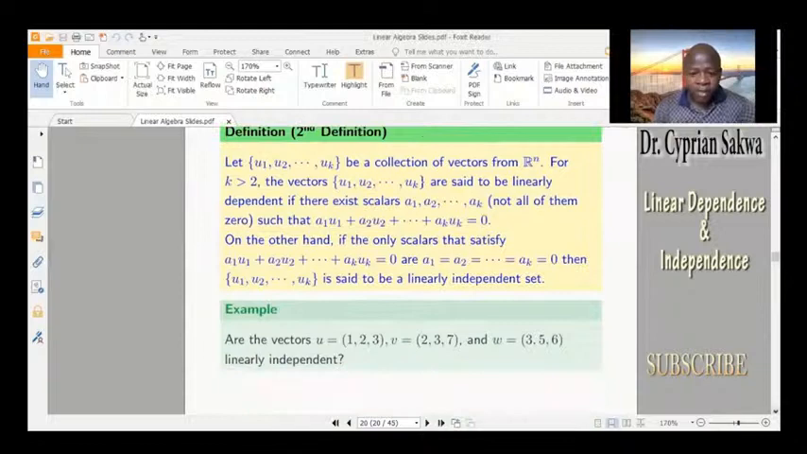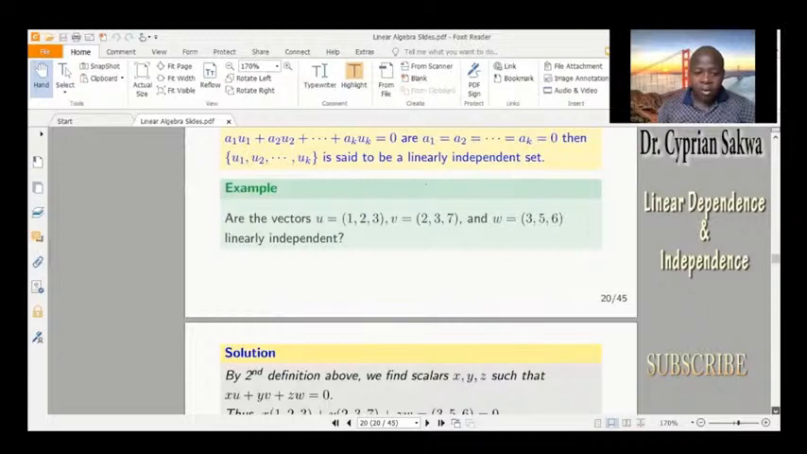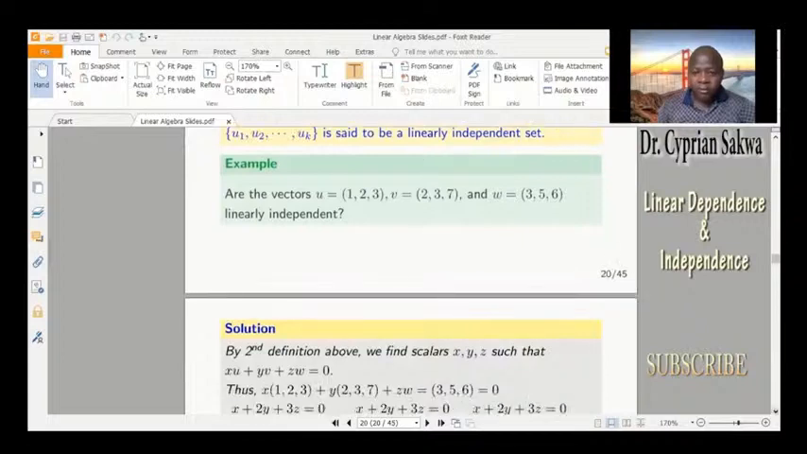So the first example is: are these vectors u, v, and w linearly independent? These three vectors here, are they linearly independent or are they linearly dependent? First of all, I want to use the second definition. In our second definition, remember that we want to obtain scalars